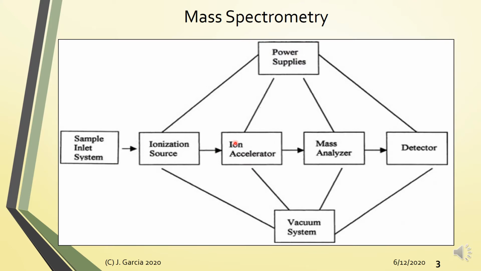Okay, so this diagram shows you the basic instrumentation of a mass spectrometer. So you have a sample in the system. Now, since your mass spec is a very sensitive instrument, meaning it is able to detect even the tiniest concentrations of your sample, it is important that the amount of the sample introduced into the mass spec system is very, very small. Okay, so in case of tandem instrumentations where we couple the mass spec, such as ICP-MS, LC-MS, or GC-MS,